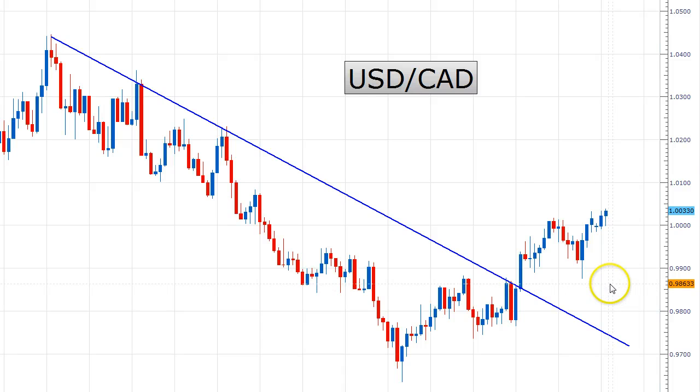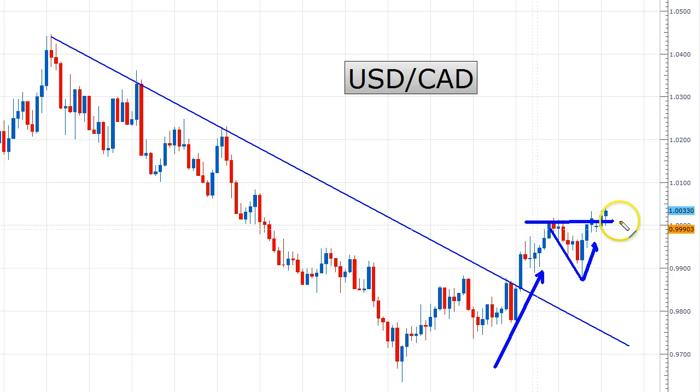Quickly, I just want to point out that the USDCAD, similar to the US yen, had a breakout here and has moved up since. Not exactly the flying momentum straight up in the air, but we pulled back. We had a nice tail bar here, and it's moved up since then. And now it's just slightly edging out the previous high here. So that's something to keep in mind with the USDCAD.